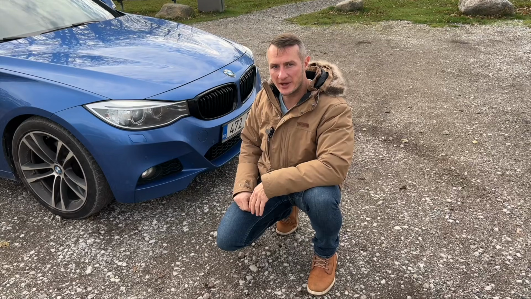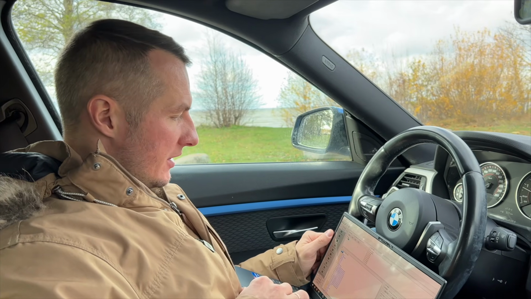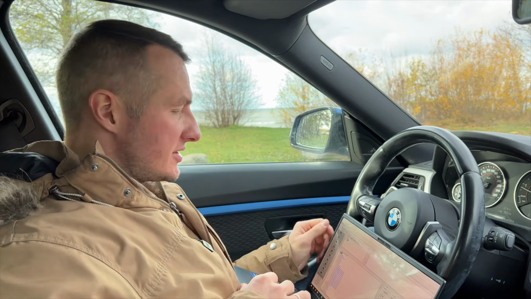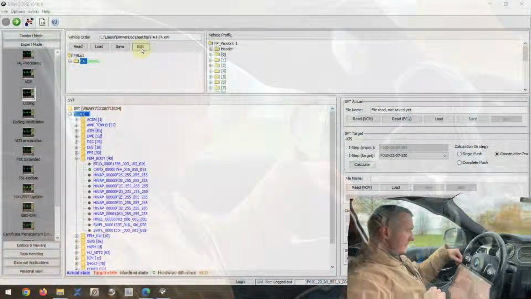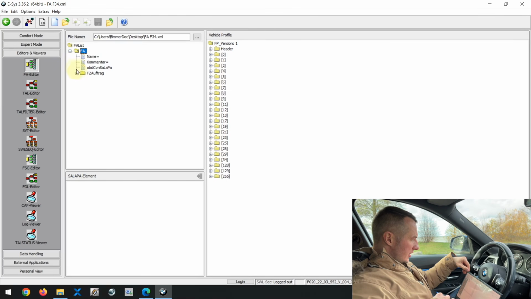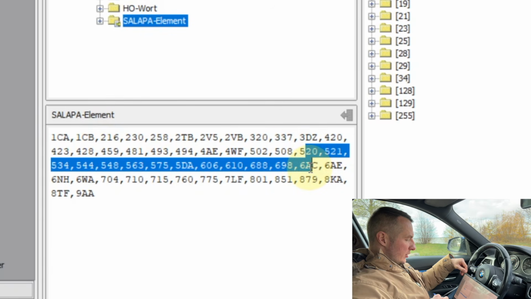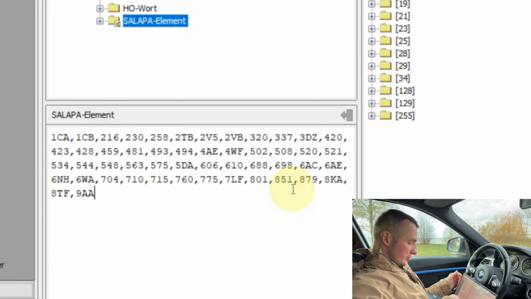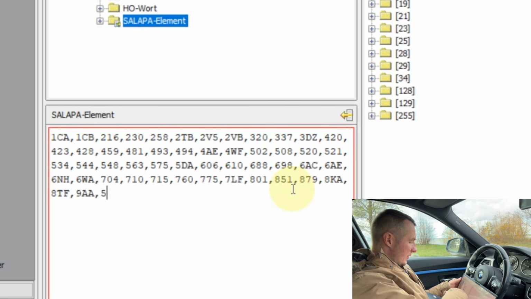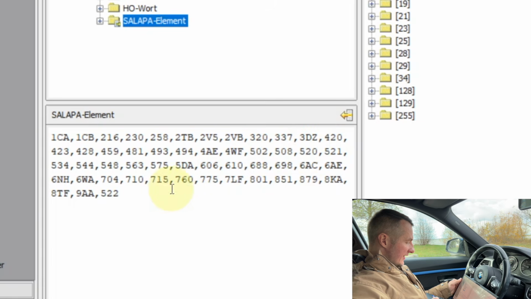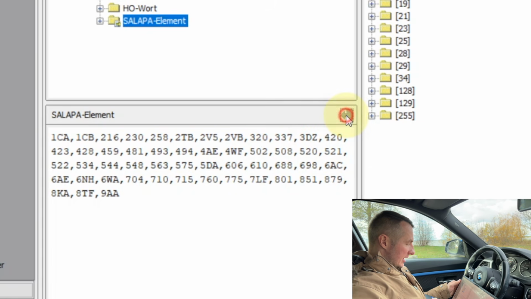Let's restore everything back. So obviously it is not a good result when the headlights are not working at all. That's why let's revert everything back. We are doing all the same things in vice versa order. Press edit, open the vehicle order, go down to the SA element, and we cannot see any lighting options. So there is no 522 or 524 present, but we know that my car was from the factory with the 522 option. That's why we're just adding that, pressing apply changes,